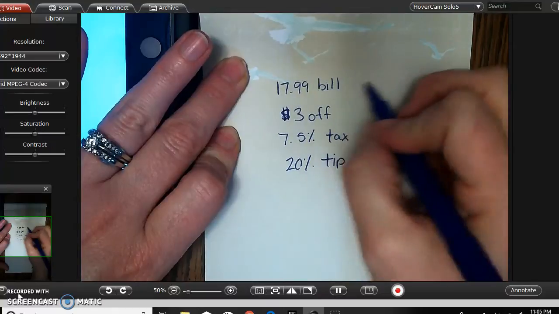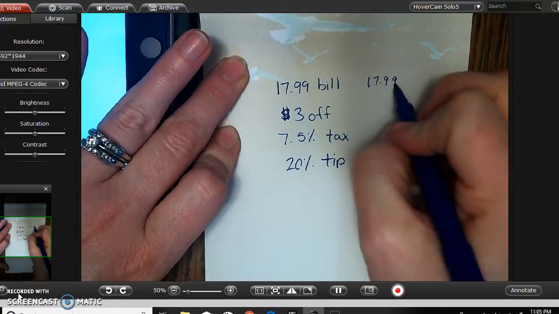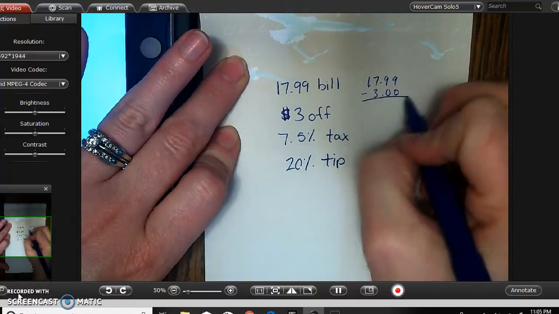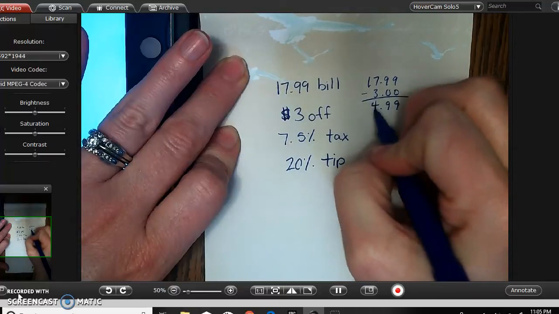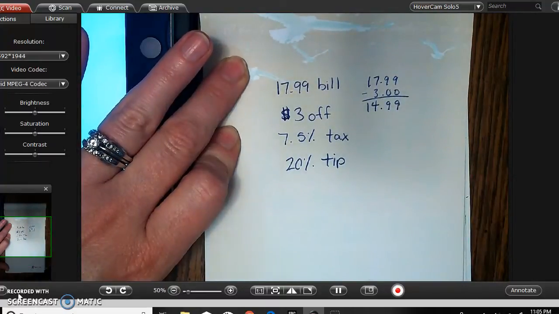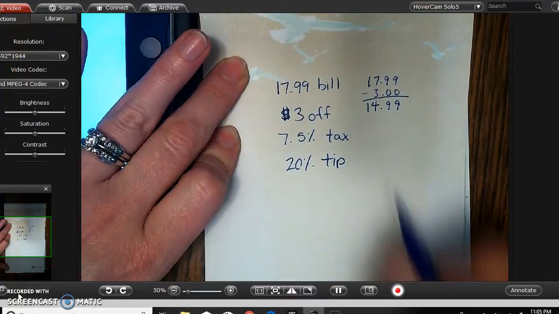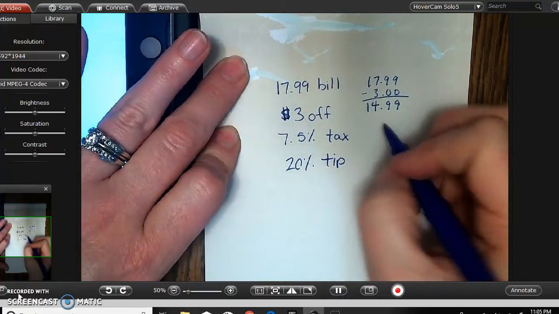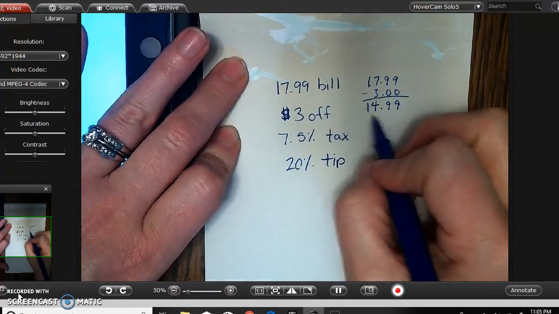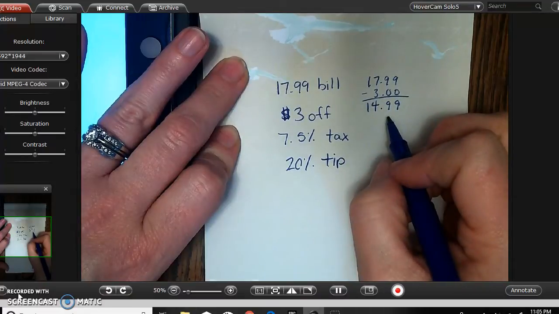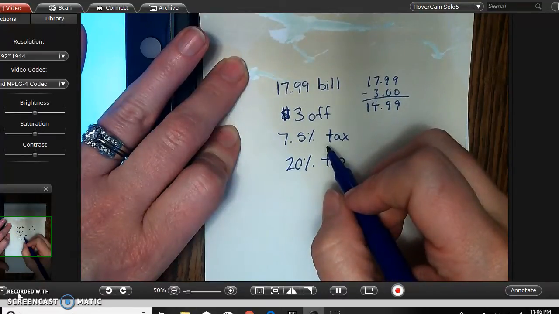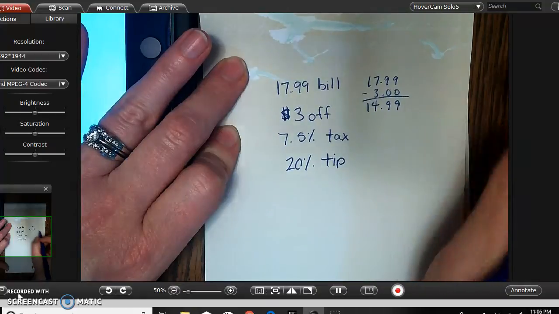So I'm going to do $17.99 minus $3. So now her bill is $14.99. We got to pay tax on that. Now I can either go, oh, I'm going to pay all of that, which is 100%, plus 7.5%, which gives me 107.5%. Or I can say, well,